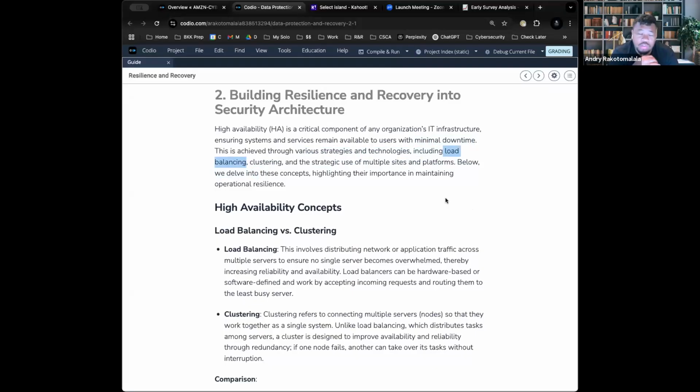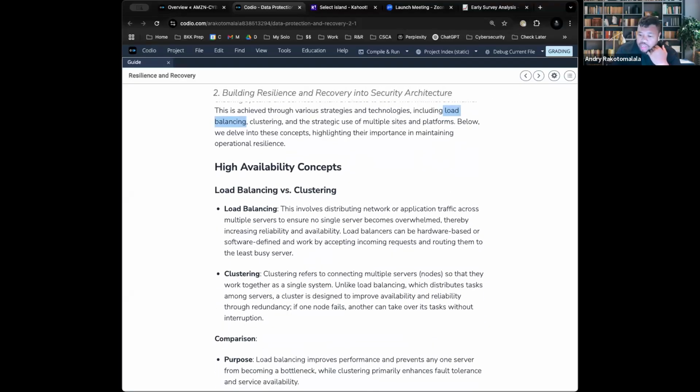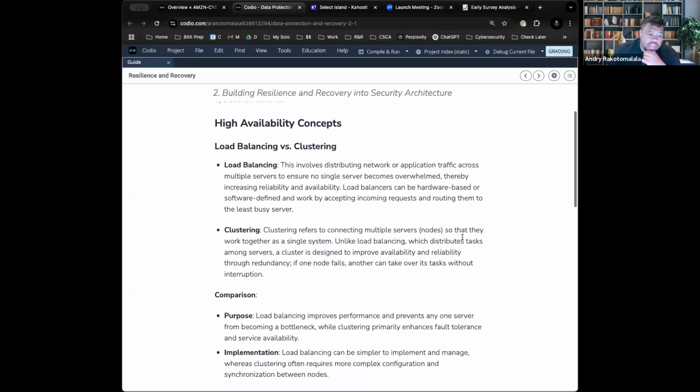An example of a good use of a load balancer is if your company has a really big marketing event where they're releasing a new product and they anticipate a huge influx of traffic on your website. A load balancer will help even out that traffic so it goes into different servers accordingly so it doesn't all just rush into one. Then there's a concept of clustering, which is putting a bunch of servers together. We'll talk about that, don't worry, as well as having different platforms and different sites. So let's dig through a little bit. Now, one of the first things we want to talk about is load balancing. Like I said, it's distributing traffic based off of a certain requirement.